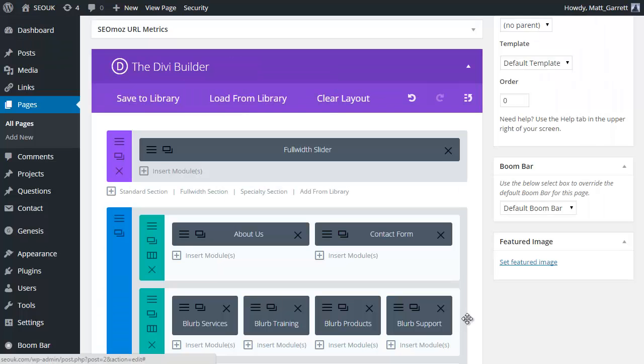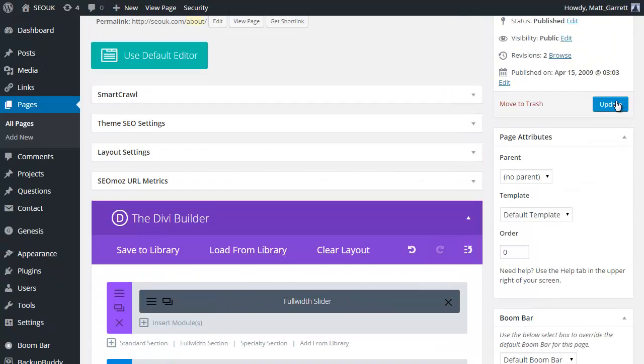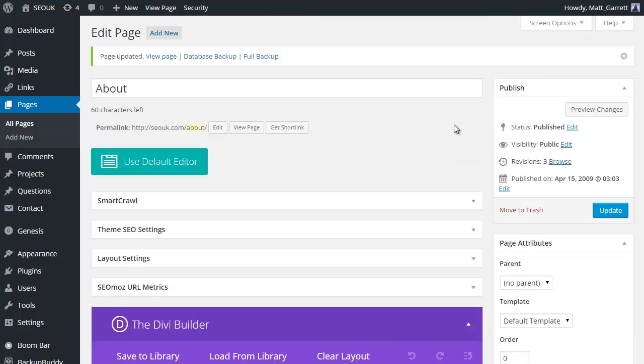Okay, let's click on save and exit, and let's scroll down. Let's scroll up and go to update and update our post or our page with this new information. Okay, took a second or two while that page updated. Before we actually go and look at our results and see the new page, there's one other point I want